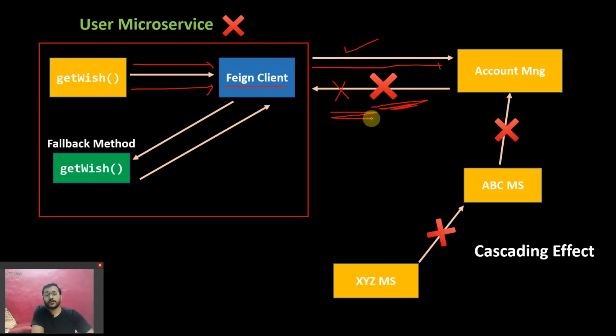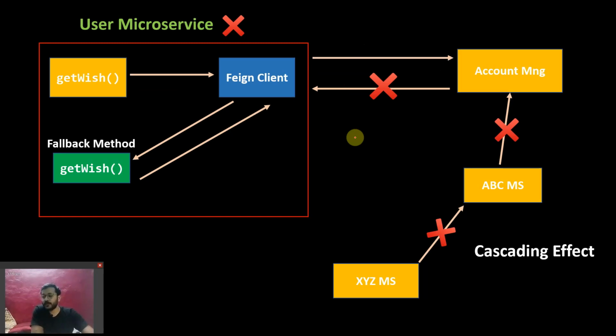Like Eureka knows all the information about your microservices, where they're running, because you register your microservice to Eureka, right? The same goes with Feign client. It knows whether this connection is healthy or not, whether the response is coming or not. Okay, so you don't need to write any boilerplate code. In Spring Boot, the moment you add this Feign client dependency, everything will happen. You just need to enable that client, and automatically the functionality will be up. So that circuit breaker, with the help of this Feign client, whenever the response is not coming or the connection is unhealthy, will contact the getWish method.